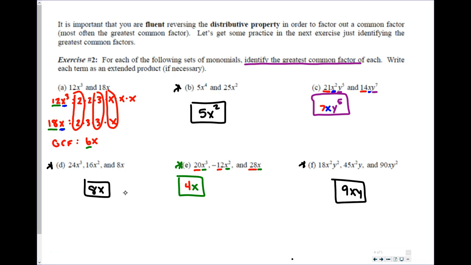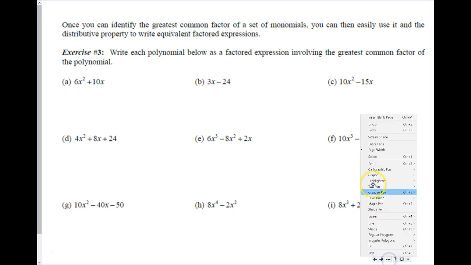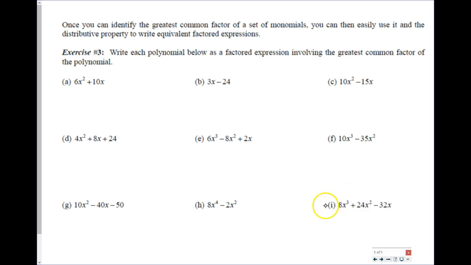Okay. So now that we know how to find the GCF, now we're going to find the GCF and then our whatever factor we have left over. Okay, so the first step is we got to look for a GCF. So in letter A, I'm going to see the GCF between 6x squared and 10x. So between 6 and 10, I think that is a 2 because 3 doesn't go into 10. So my GCF between 6 and 10 is 2, and then between x squared and x, it's going to be